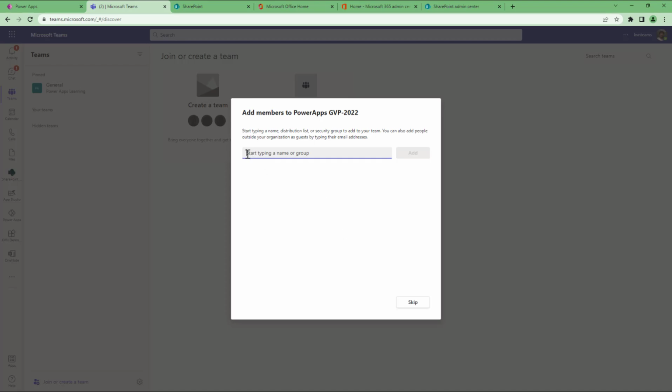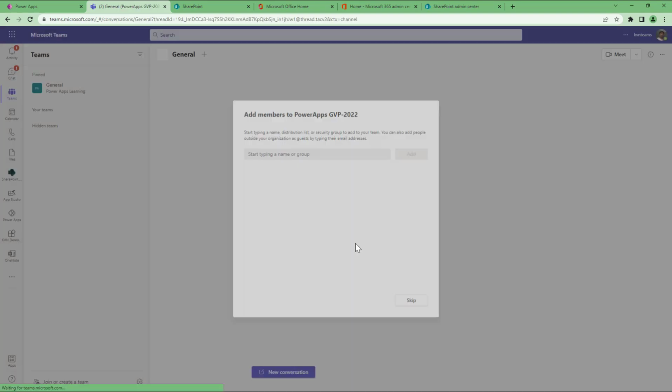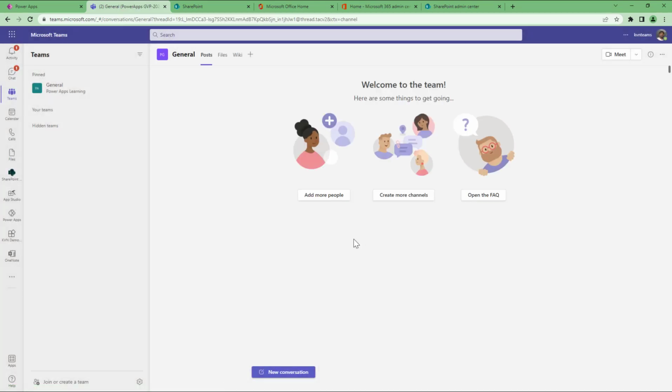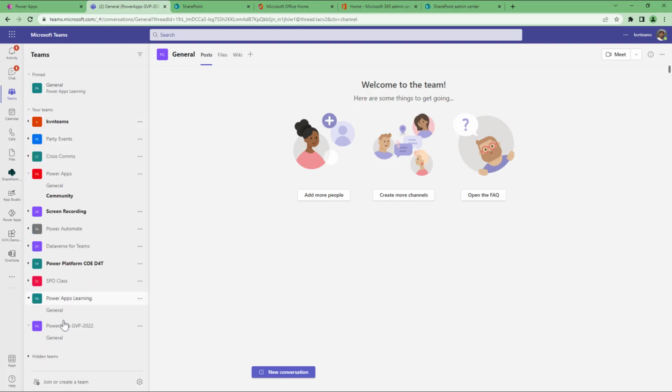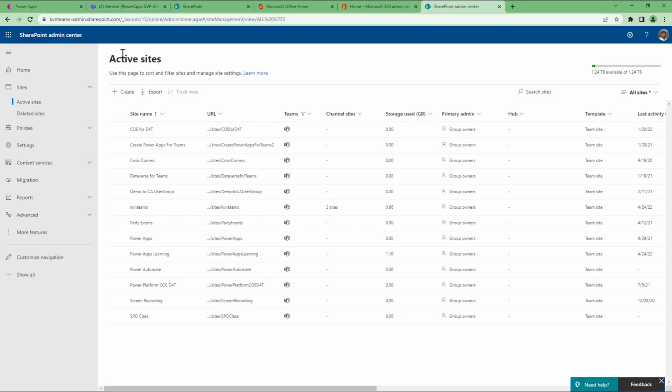If you notice here, it is asking for a name of a person or a group, which is an Office 365 group, which is also called AD groups. Now I'm just skipping for now. This got created. Now when I go to Teams, your Teams, Power Apps GVP 2022. Now if I come here and just do a refresh,